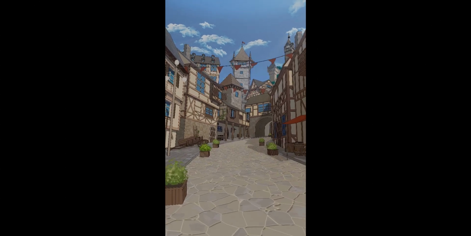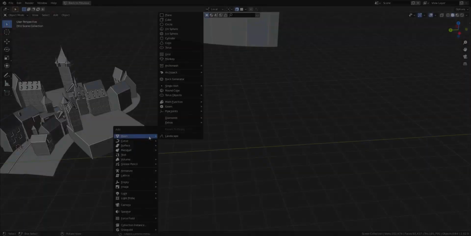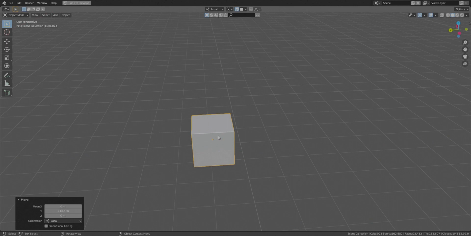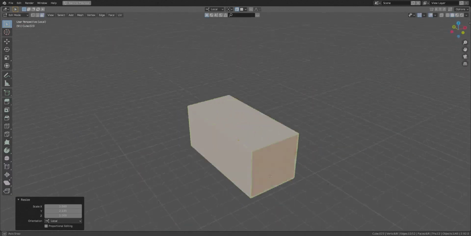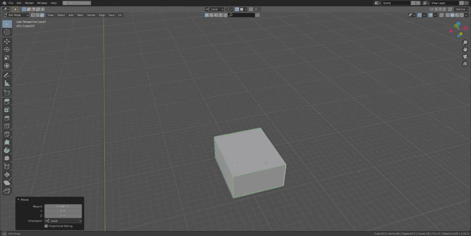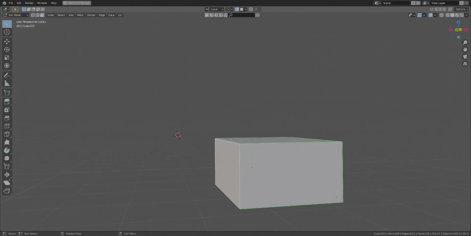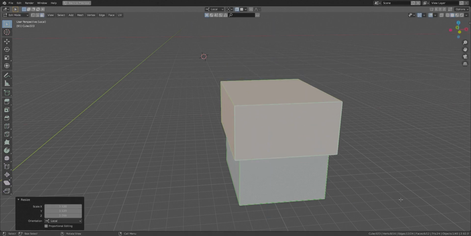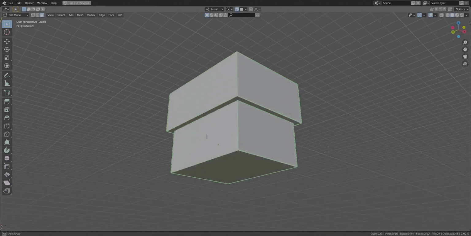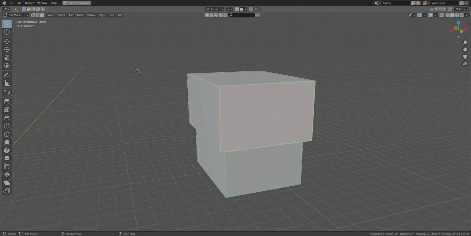Welcome to part 3 of creating an anime environment in Blender. Today we're going to be working on geometry. This is a crucial part that goes into creating this style of environment. When we're talking NPR, like non-photoreal, anime, or stylized, there's a very specific thing that I use when it comes